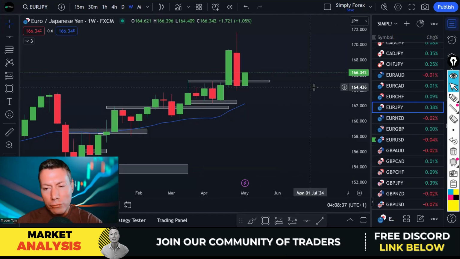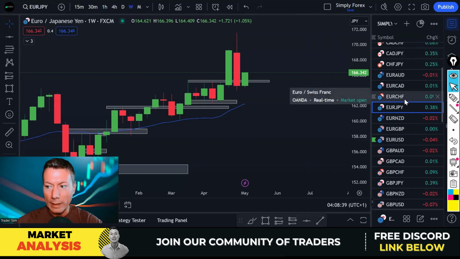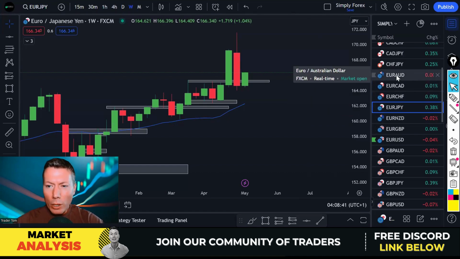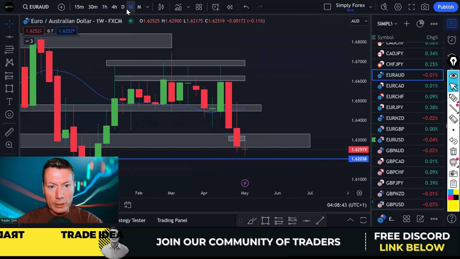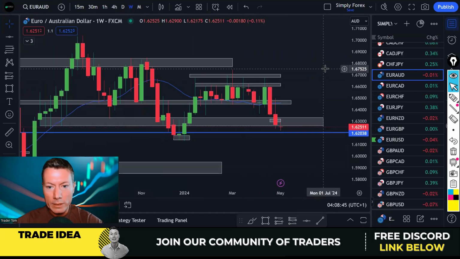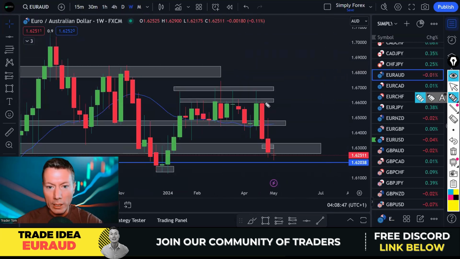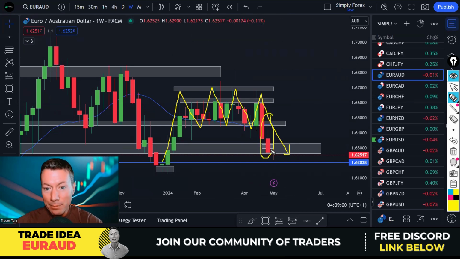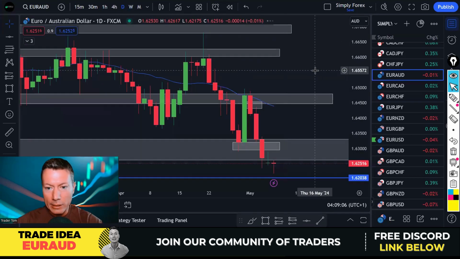And then my trade ideas, guys, are the following, but with no buts. The first one is Euro Aussie dollar. We still like this weekly chart on Euro Aussie dollar. Look, it was just in this terrible price action, and then bang, price broke down. We got this really nice bearish weekly candle, and there's still a bit of room back down to these lows. And then if we drop down to the day chart,